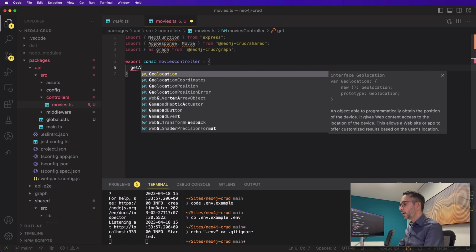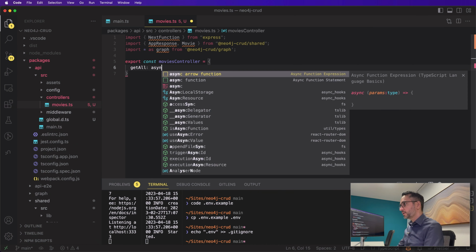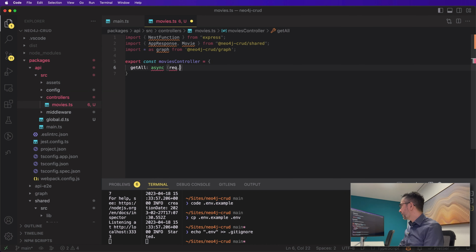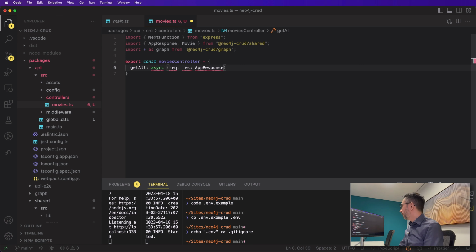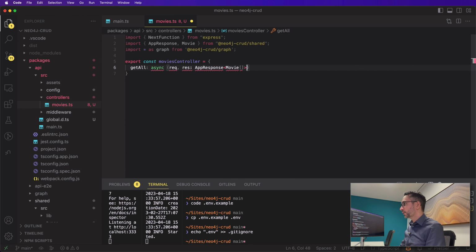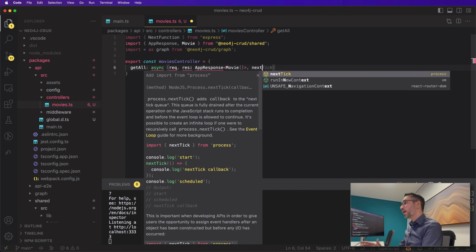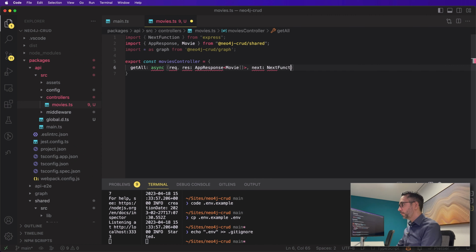So first of all, getAll will be an async function with request and response will be AppResponse that will respond with a collection of movies or an error, of course, and the next function will be